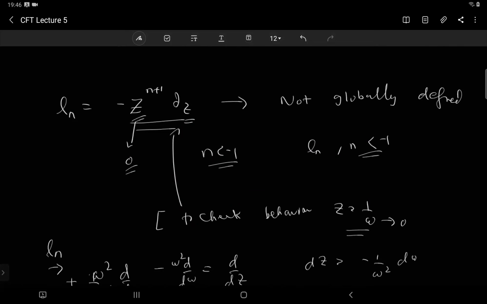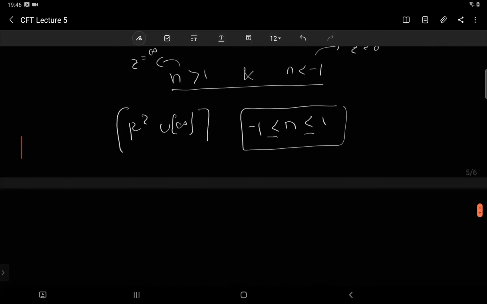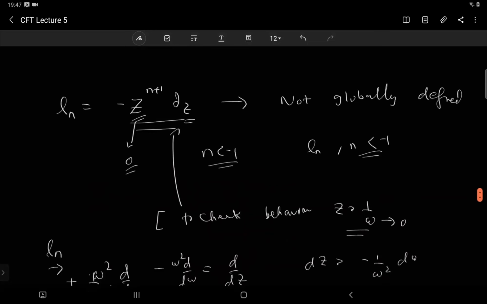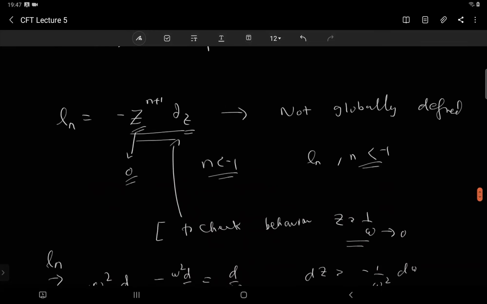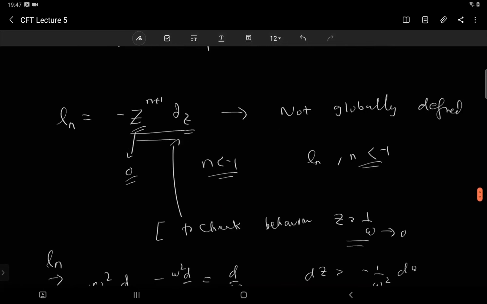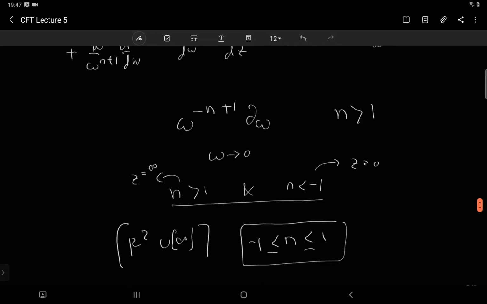I have a question. Sir, previously we have taken that the set is including infinity. So why are we calling it not well defined, because we have taken infinity as part of the space? It is well defined, the set includes infinity, but the generators are not defined there. The generators become infinite. The set is R2 union infinity, but all these generators are not defined there. So for n greater than 1, as we saw here, this becomes infinity. So generators have become infinity, so they are not well defined.